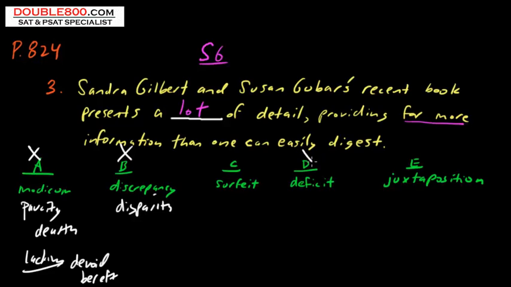Deficit is a fiscal term, and that means that expenses exceed revenues, so there's some type of shortfall. That definitely is not it. And juxtaposition is a great word. This is not the choice, but that's if two items are side by side, usually to compare or contrast, juxtaposed,